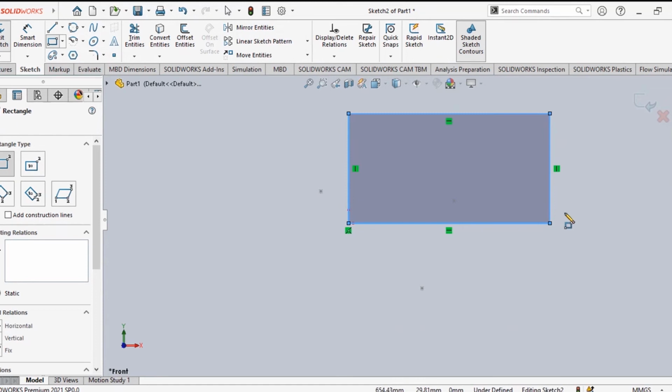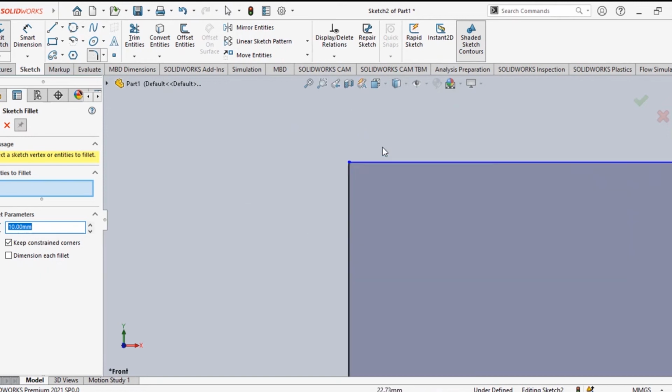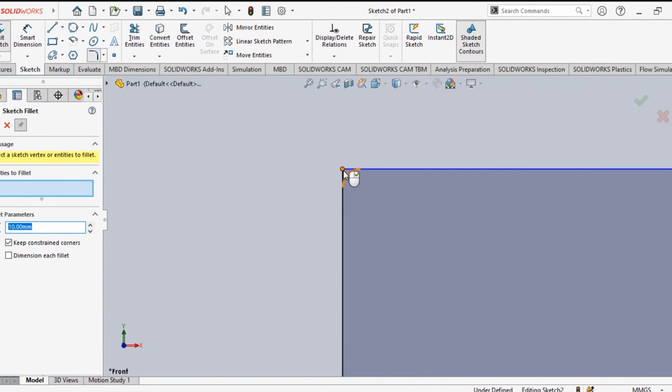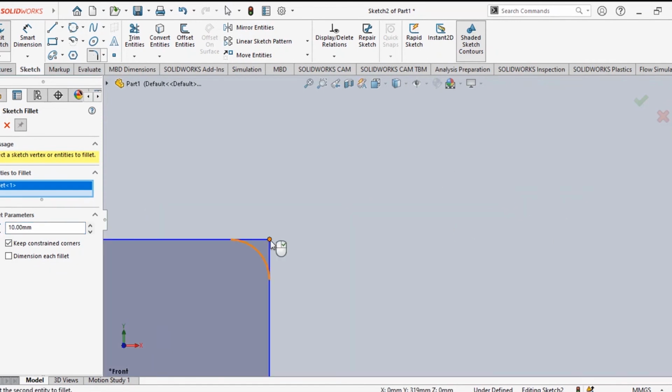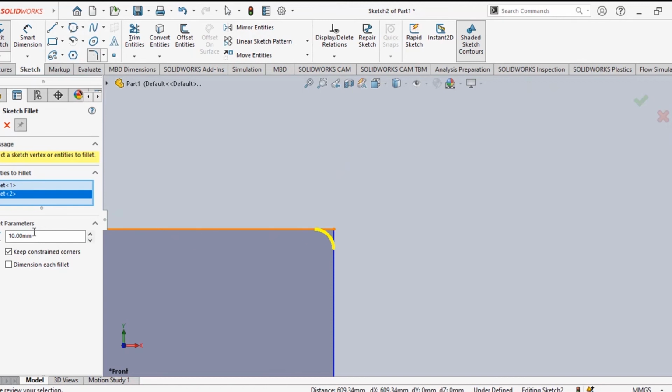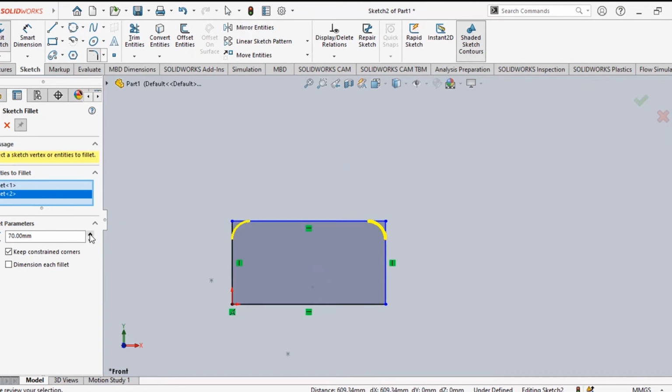Fillet means round corner. For a round corner, you can select this one. And you can see left hand side radius, fillet radius is 10 millimeter. Now if you click any vertex, corner point, suppose you click here, so here fillet will be made. If you click here, fillet will be made. How much radius? Radius is 10. If you make this one more, suppose you want to make this 20, 30. So you see this is being changed. Fillet radius is changing. Right, this is fillet radius.